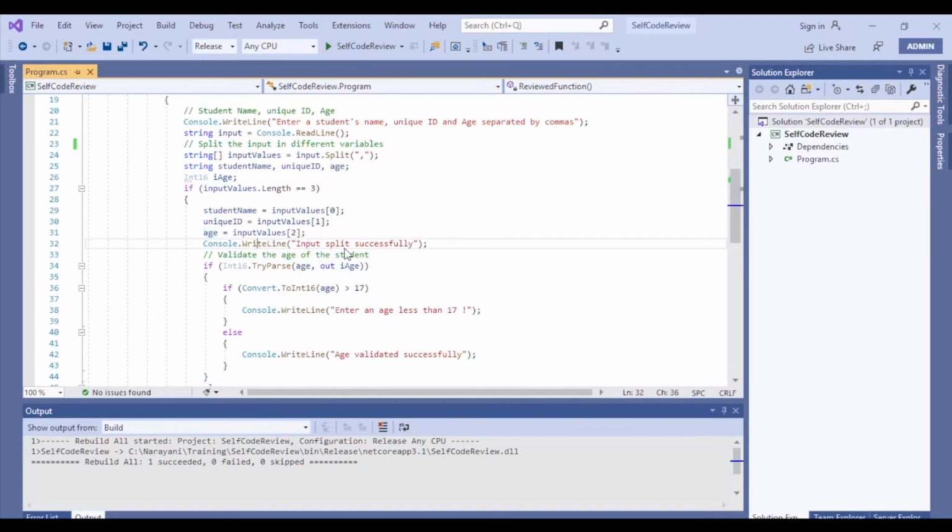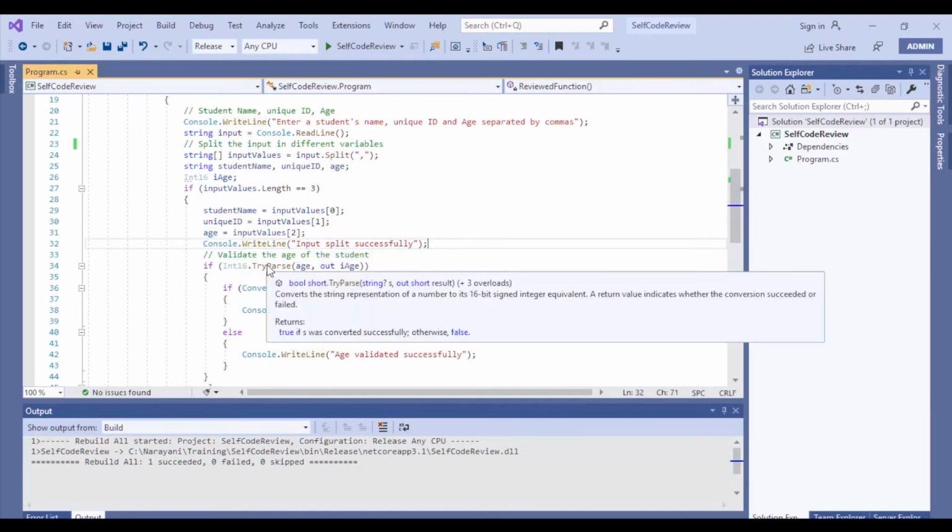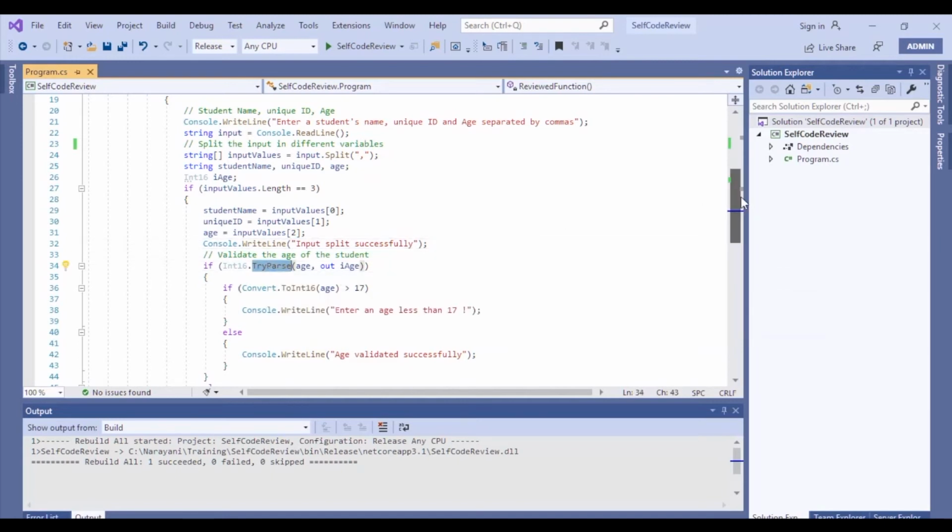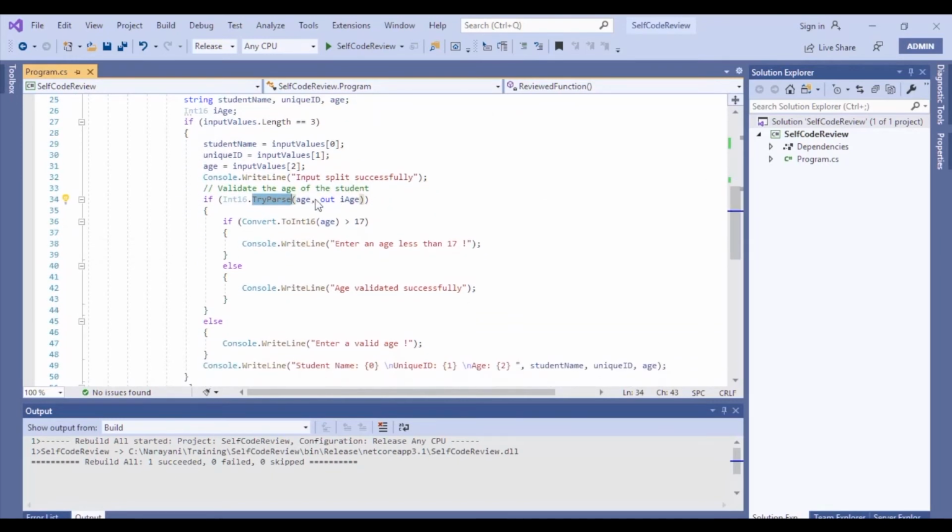I have a log statement that says input split successfully, and then I have this TryParse. It tries to parse this string age and gives out an integer, and if this parsing does not succeed, then we give a message saying enter a valid age.